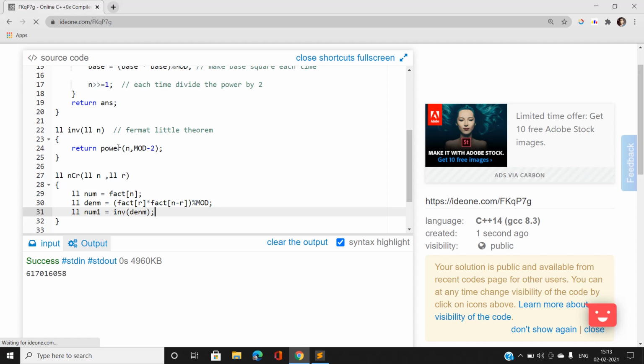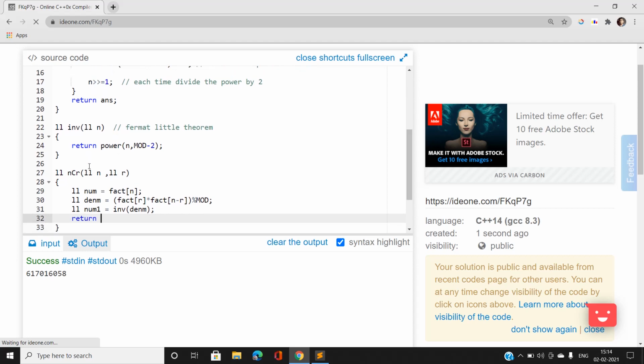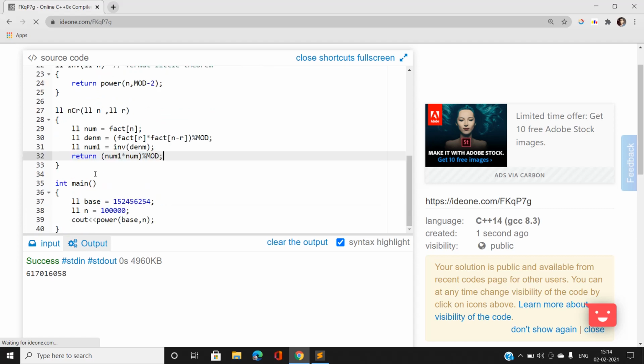So you can notice that binary exponentiation has a very vast role in calculating the value of NCR, which is required in permutations and combinations questions, and in calculating the inverse of a number. So here I am going to return our new numerator 1 into NUM, with modulus, okay. So this will also calculate the value of NCR.